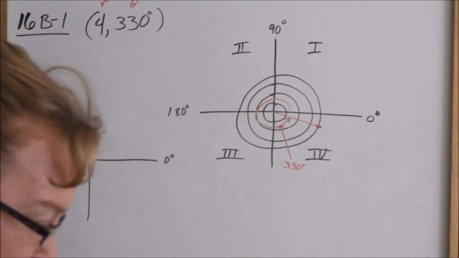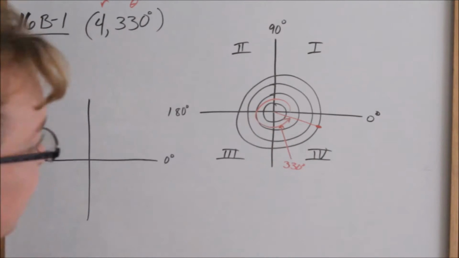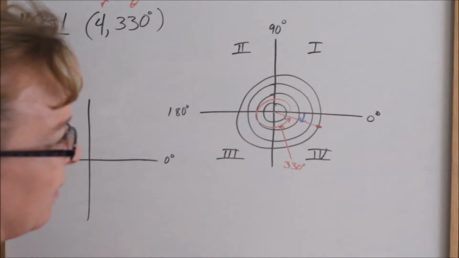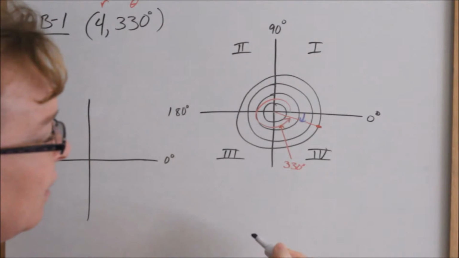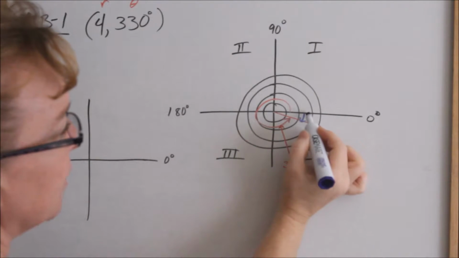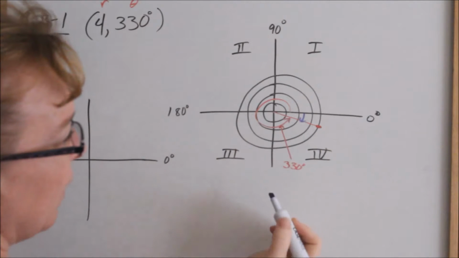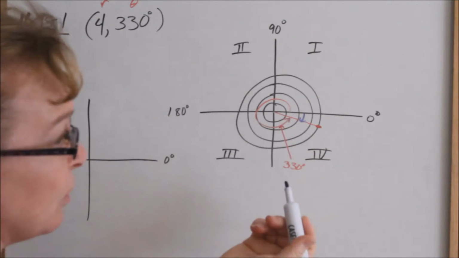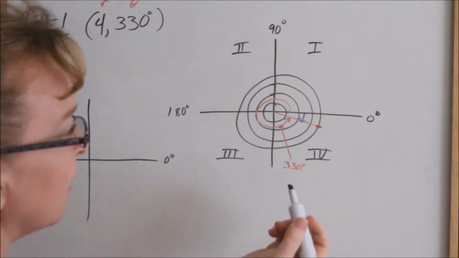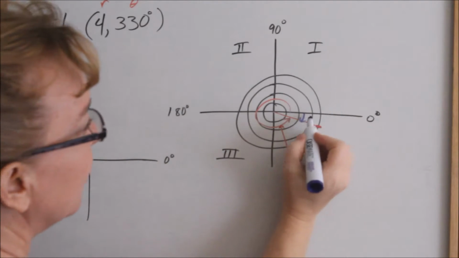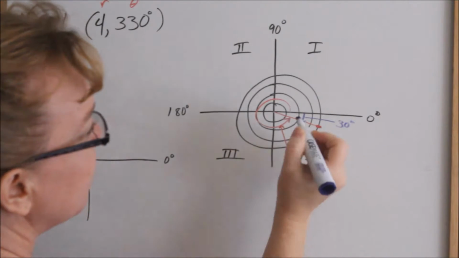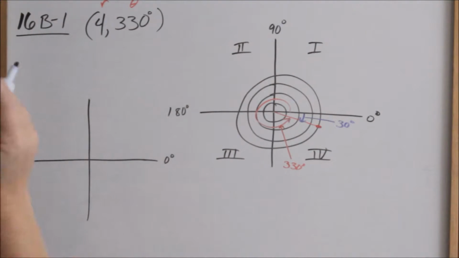So that would be this blue angle right in there. So going clockwise, starting at 0, then what angle would that be? If this all the way around is 330, how many degrees are in a circle? 360. So if that's 330, then what is left would be 30 degrees, but we are rotating in a clockwise